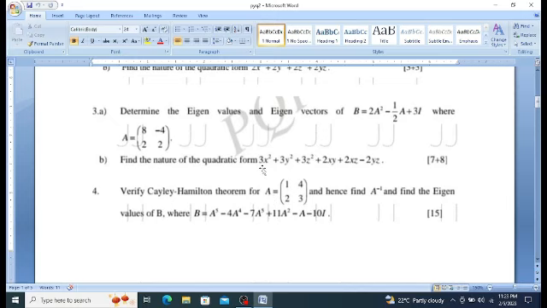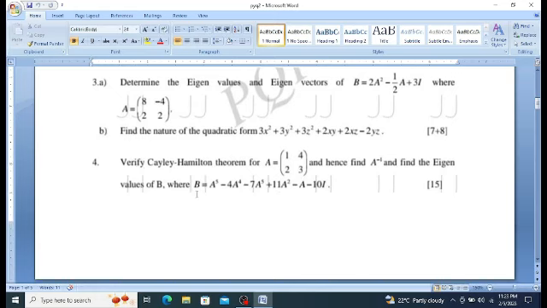Find the nature of the quadratic form. So similarly, convert this quadratic form into normal form or canonical form and find the nature of that quadratic form. Next, here we have: verify the Cayley-Hamilton theorem for A equals the given matrix, and hence find A inverse and